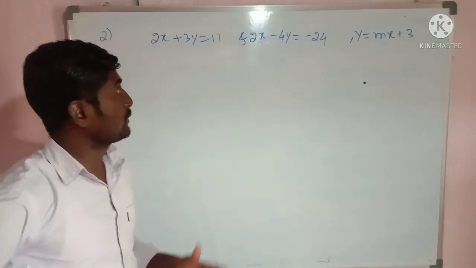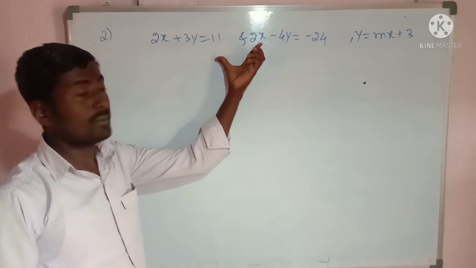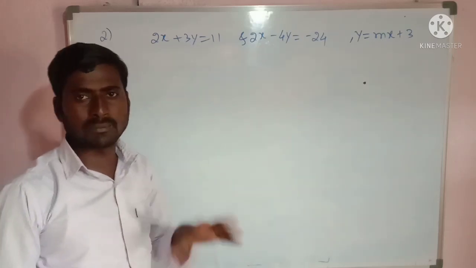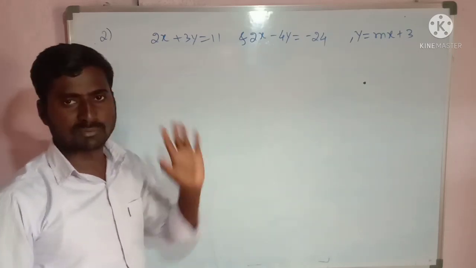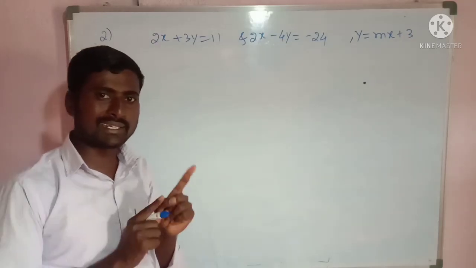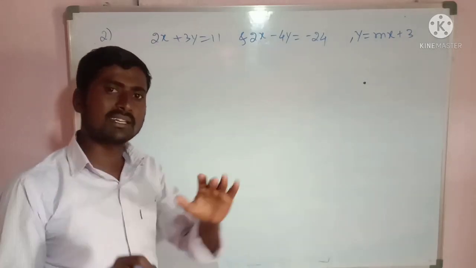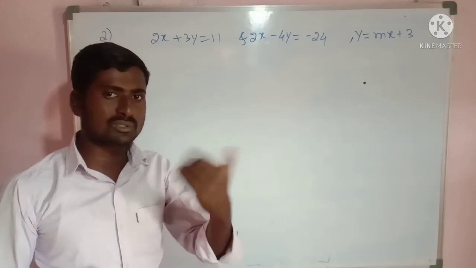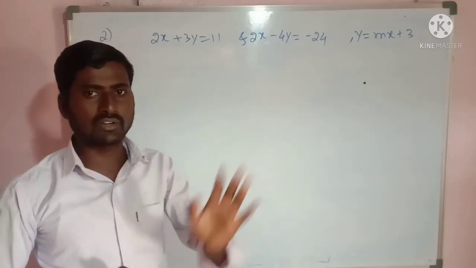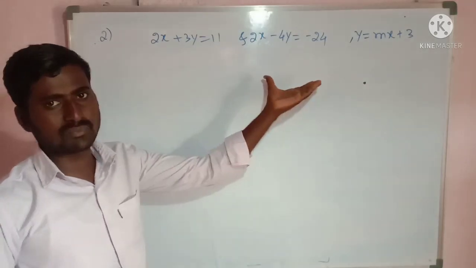So they ask you to solve these two by substitution method or graphical method. Better you can go for a substitution method. If they particularly mentioned a graphical method, that is lengthy procedure it is. You can go through a graphical method only. So that is for 4 marks. So this is just for 2 marks only.